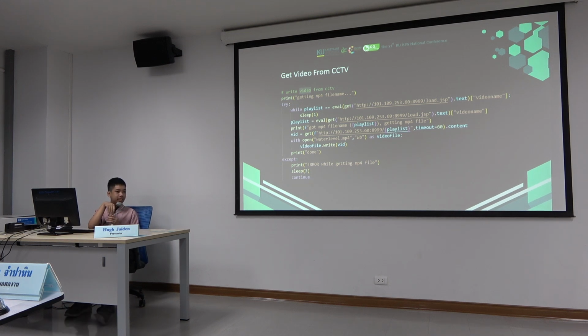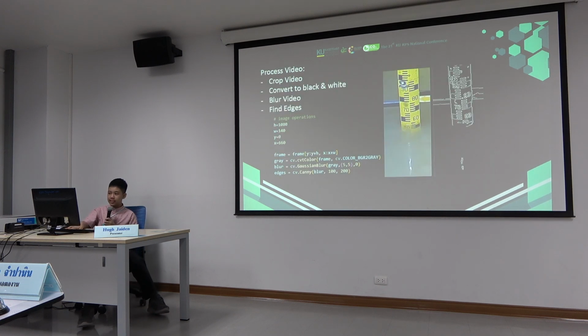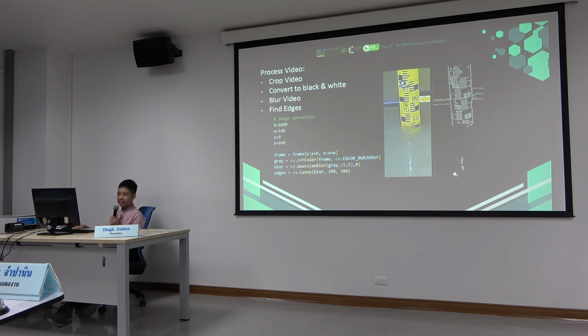Okay. So you said the angle does not affect the accuracy. How about the light condition? The light conditions do affect it, as you can see. Over here, when it detects the edges, you can see that the light reflects down here when the street lights turn on. So they will detect that there's an edge here, and then it makes it so the water level is lower than it should be. I mostly mitigated this by checking to see if the water level that we detected before is within 5 centimeters